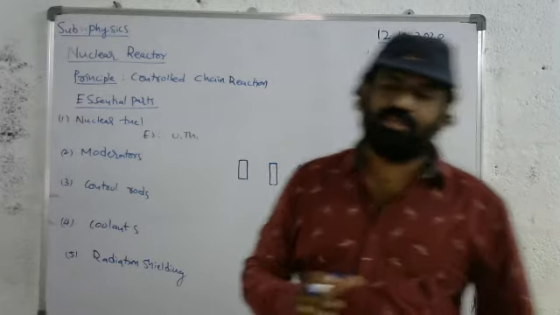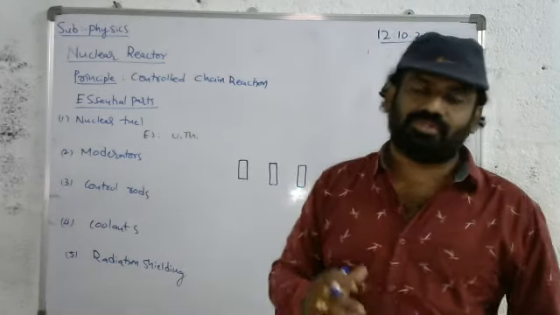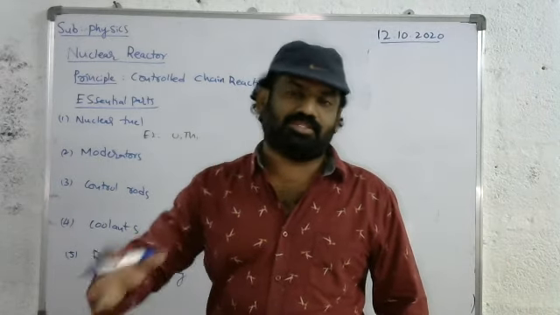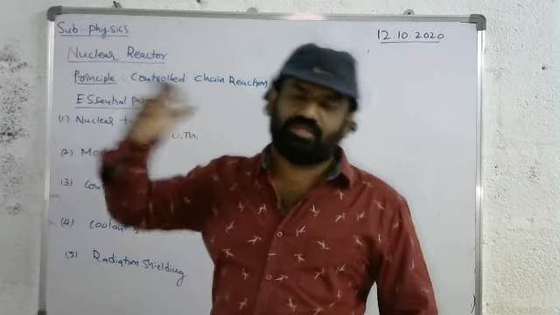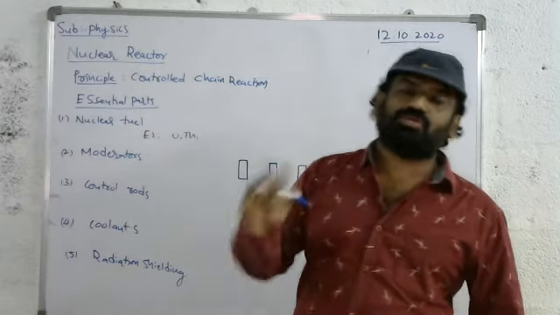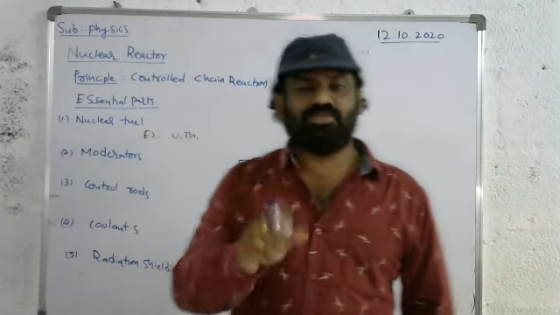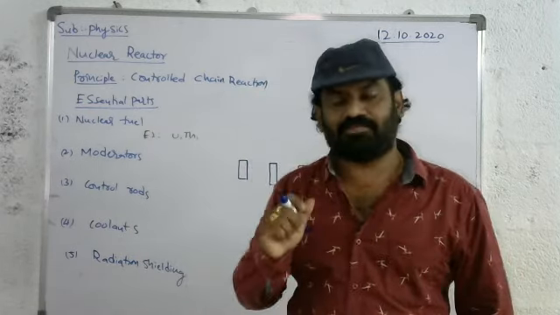It produces neutrons in multiples of 3. In the first stage it produces 3 neutrons, in the second stage 9, in the third stage 27, then 81, and it keeps increasing like this. So we have 2 tasks here. The first task is to control the speed of the neutrons. The next task is to reduce the number of neutrons.